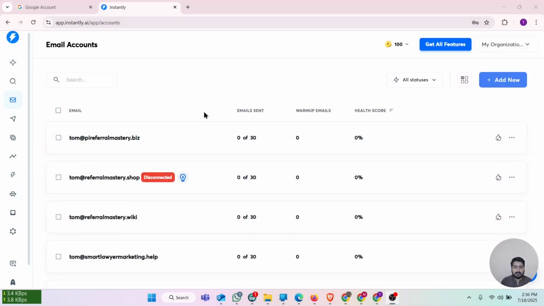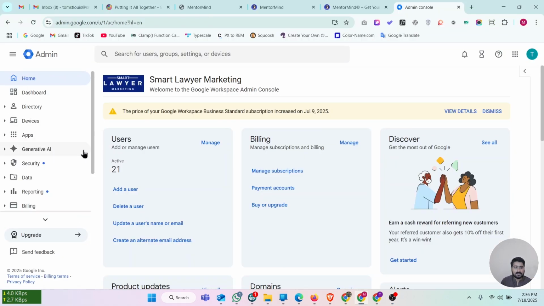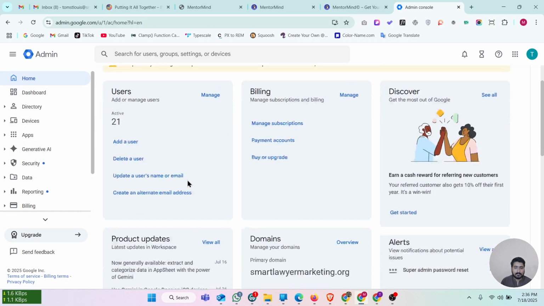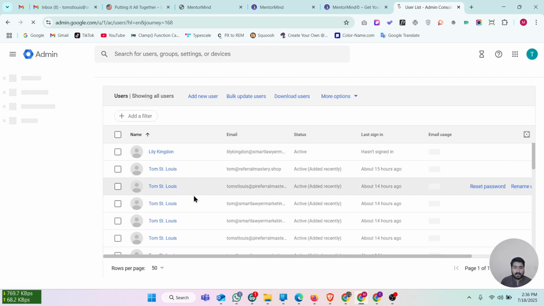In this video, I am going to guide you how you can add your Google Workspace email to your Instantly account so that you can warm up your email and after that send cold emails or any other setup you have in Instantly. Okay, so let's go in Google Workspace, then go to manage users, and then here you have